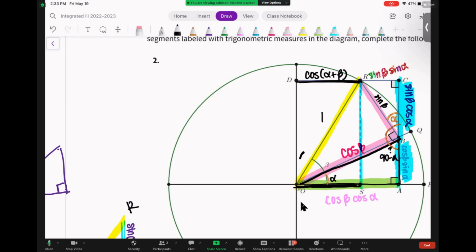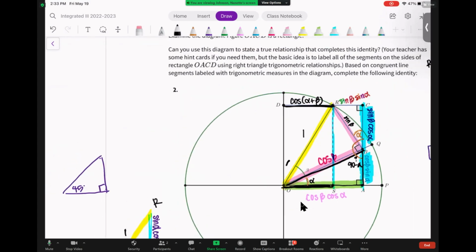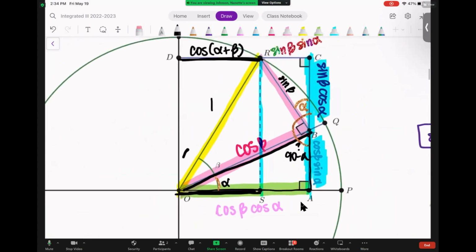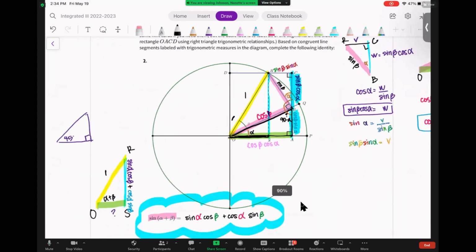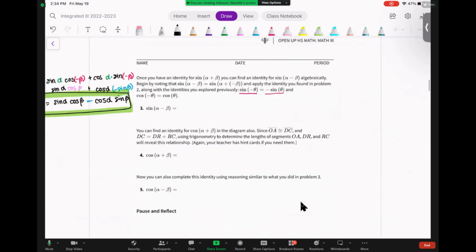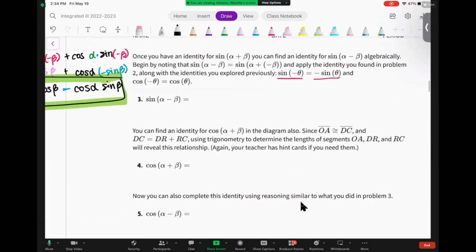So now you can look at that equation. I don't know if you see this equation, because the top of that rectangle DC is congruent to the bottom of that rectangle OA, we actually have an equation. So let's write that equation out. I'm going to have to flip back and forth, so you'll have to forgive me. So the equation that we have